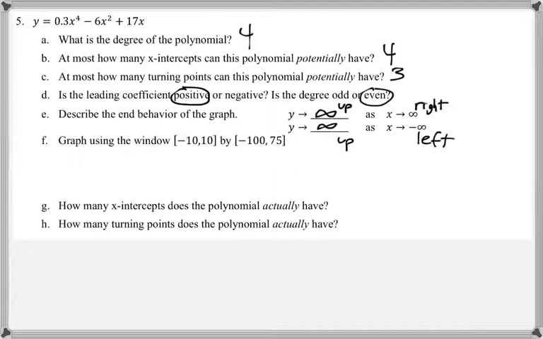So let's graph this. And the window is -10 to 10, -100 to 75. Okay, so